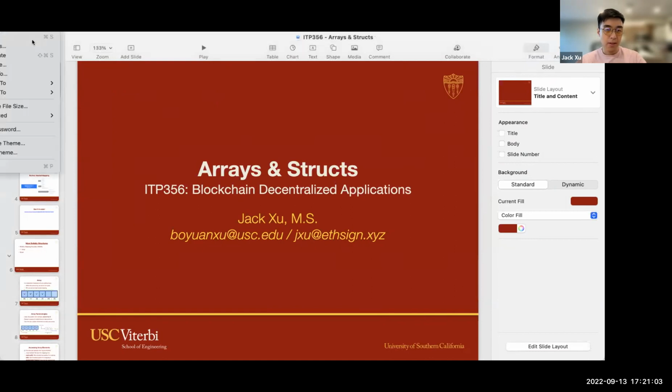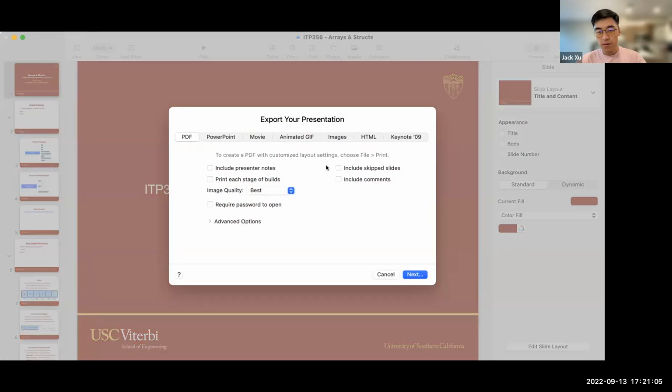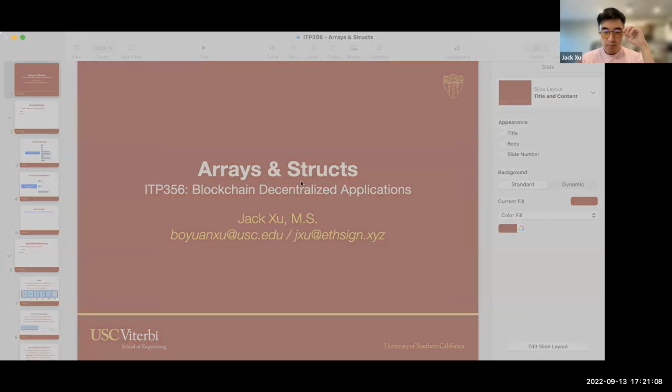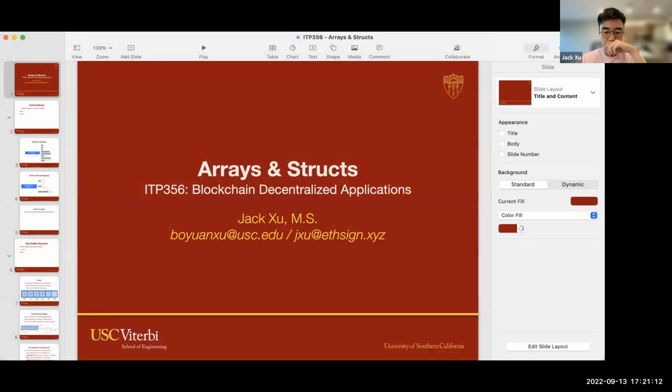Okay, the new slide has been posted. Arrays and structs on Notion.